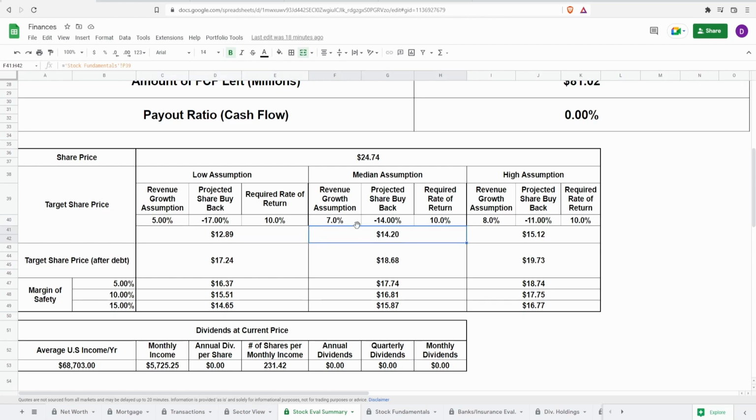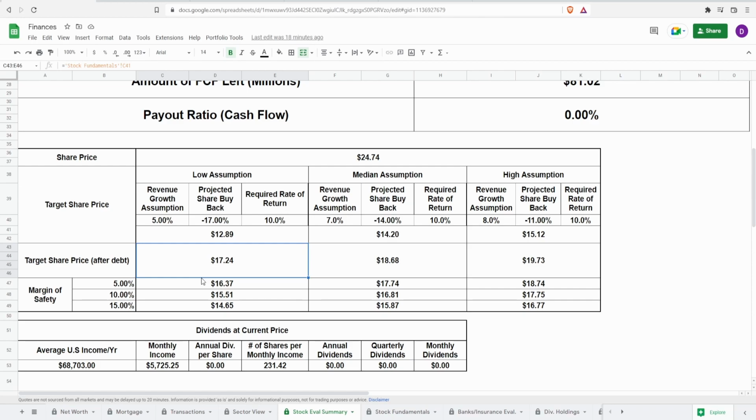For my immediate assumption, let's say a growth of 7%, predicted share buyback of -14%. This comes out to be $14.20. And lastly, for my highest assumption, a growth of 8%, predicted share buyback of -11%. This comes out to be $15.12. Now adjusting for debt, the way we do this is we take the net debt and the cash equivalents